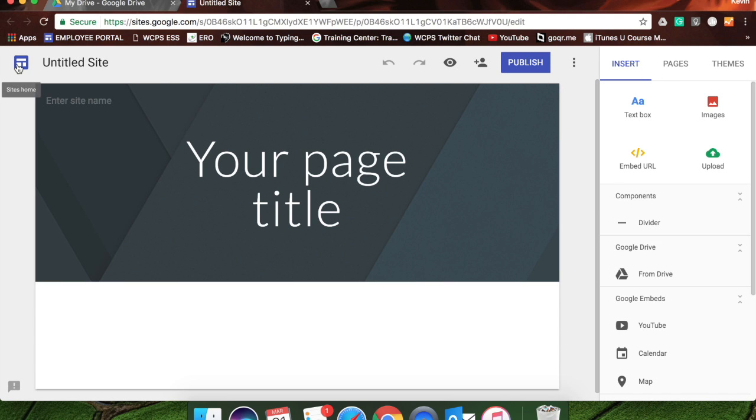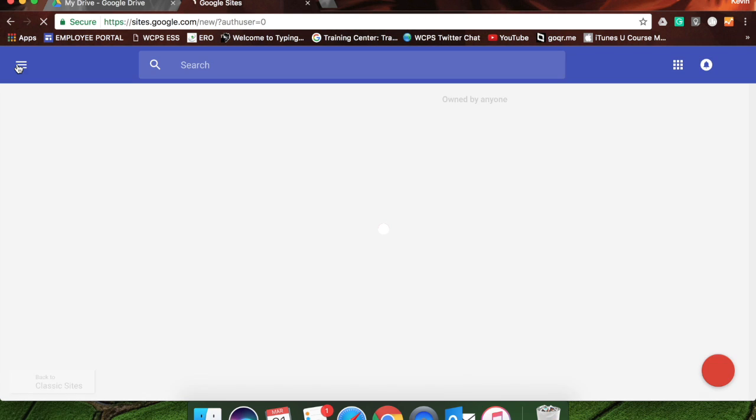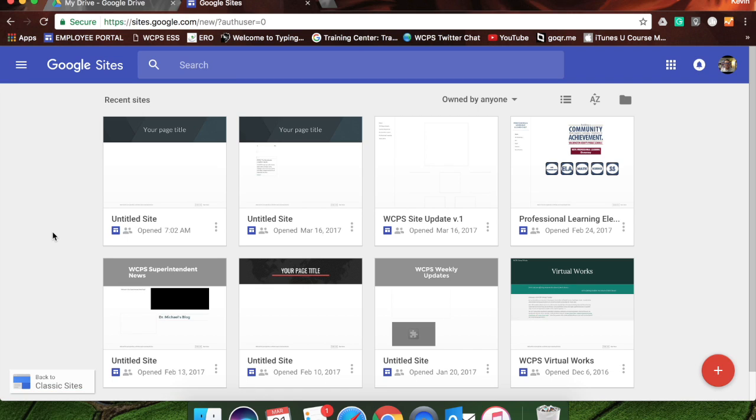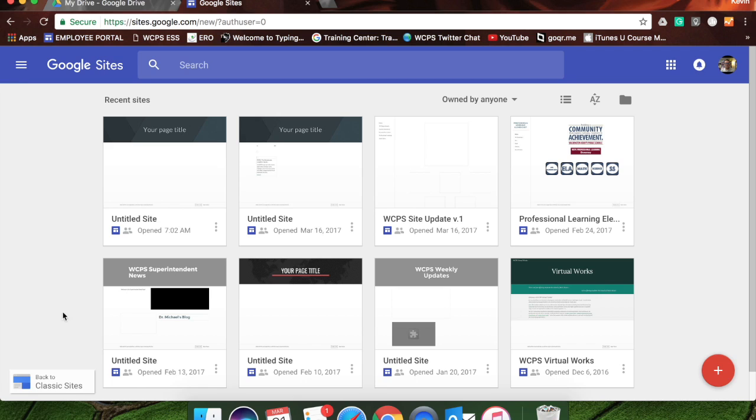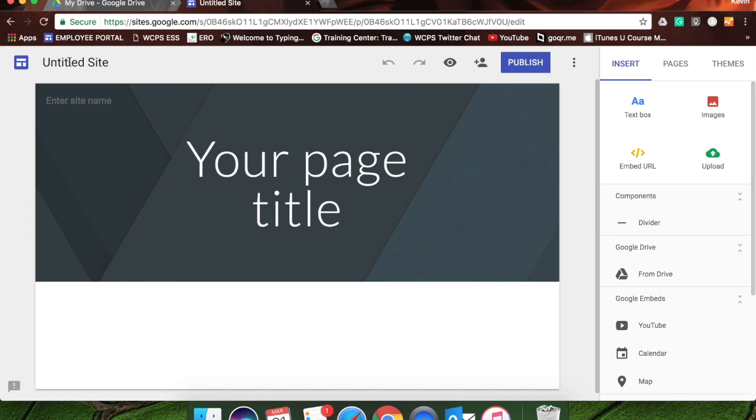So the first is I can go to the Home for sites, and this will take me to the New Sites home. So these are all the different ones that I've created as a new site. Again, you can always go back to the classic ones if you had one of those and you wish to modify it. So as I continue across the menu bar, I can name my site